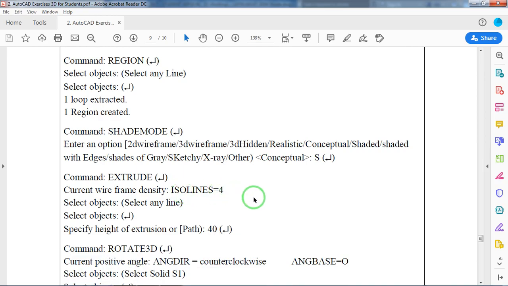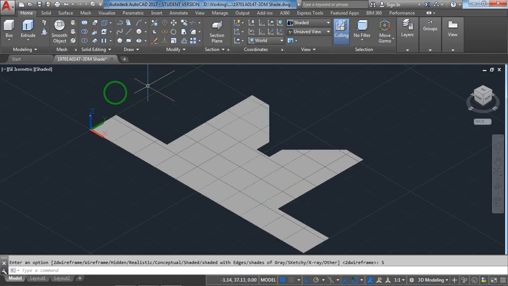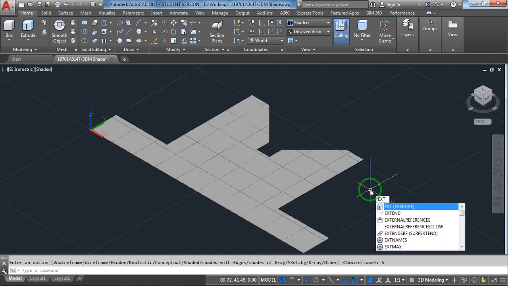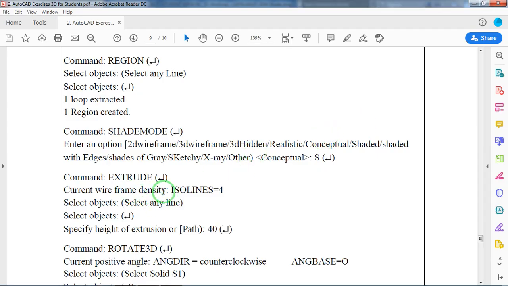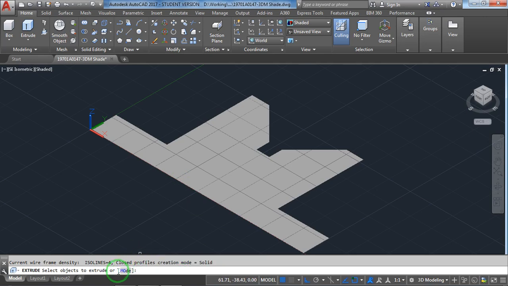Now extrude. Extrude means extending height, right? We used the extend command in 2-dimensional. Extrude means height increasing. For that command, extrude, EXT, enter. Select objects. I am selecting only this object. Enter.